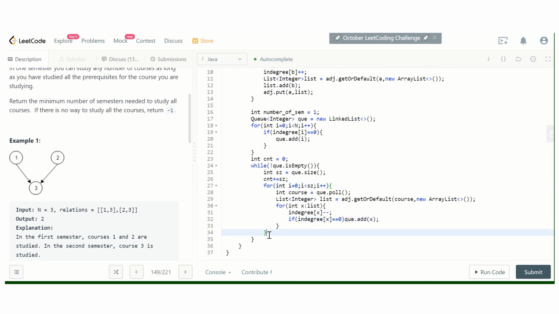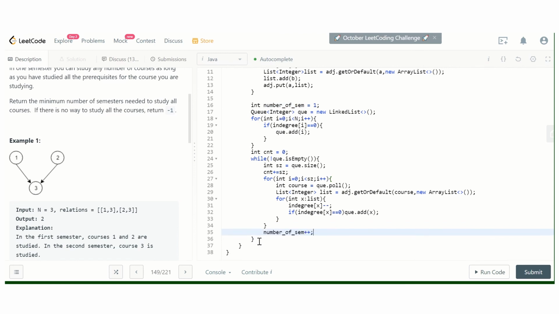And once this semester completes, we will increment the number of semester count. And we will check if we have taken all the courses or not, else we will return -1.